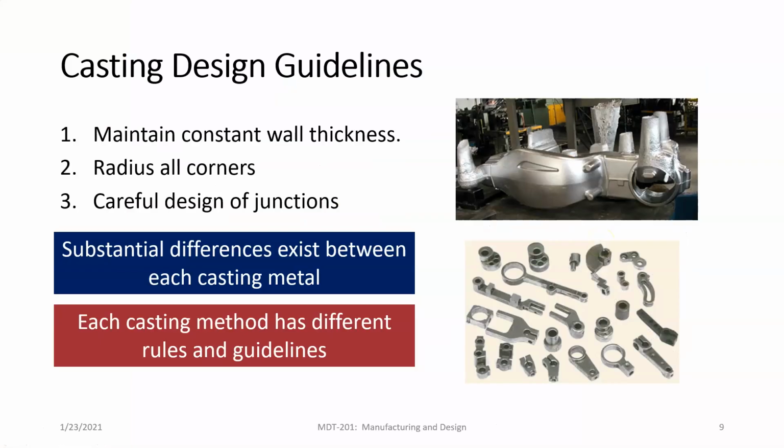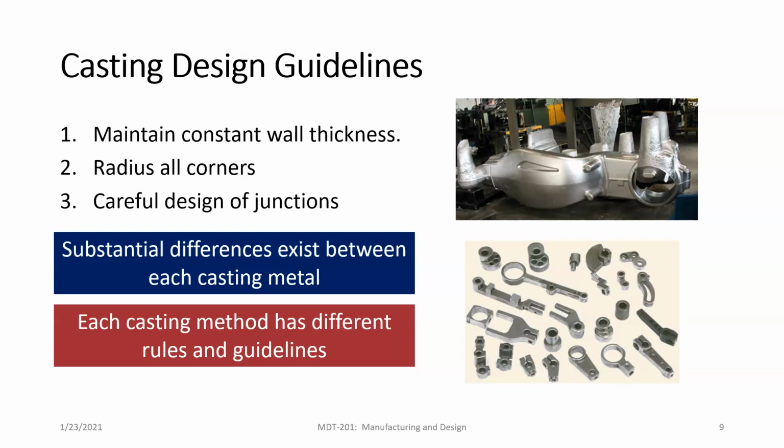All right. So the last thing that we're going to talk about here is design guidelines. Okay. Design guidelines for expendable mold parts. And we talked about this at the end of the last presentation, chapter 4. But it bears repeating. We want to maintain constant wall thickness, right? Changing wall thickness is going to have problems with, remember that thin-walled sections are going to solidify faster than thick-walled sections. So if you have thin and thick walls in your part,